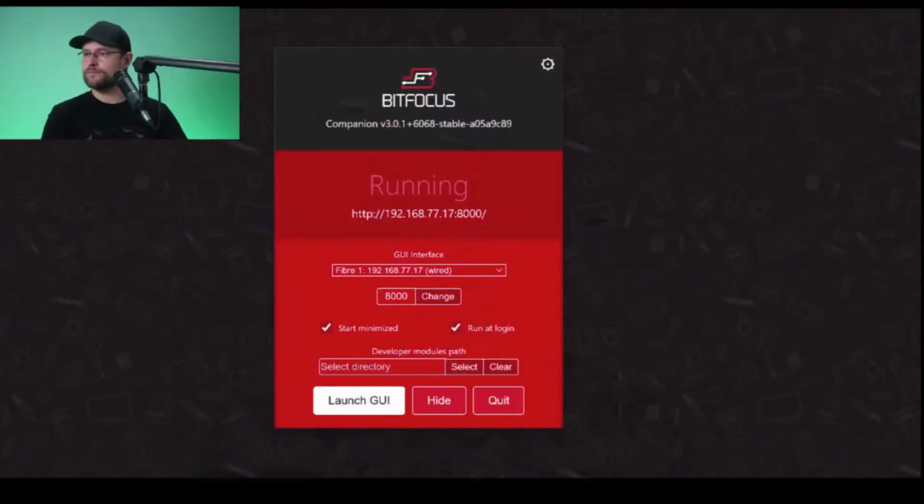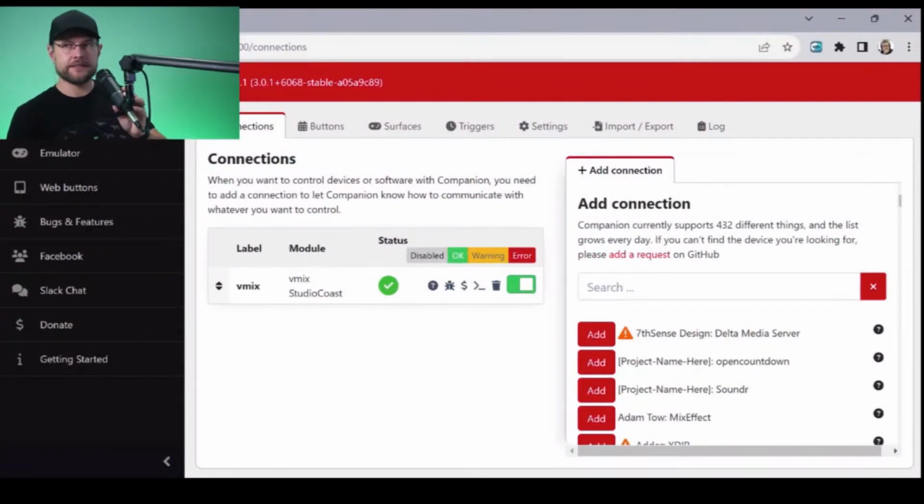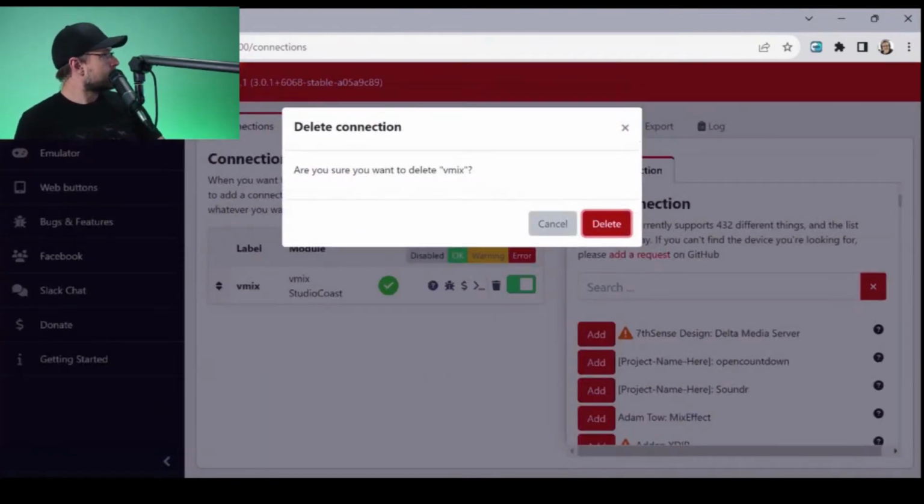All right, so let's go over to the desktop and launch the web UI. So we're going to click launch web UI, and that opens up Chrome, which is here. And now I've got to turn my neck here to participate with you. So what we can do, I want to delete this. I want to show you how to do this.